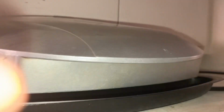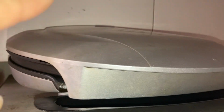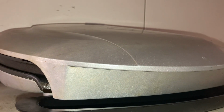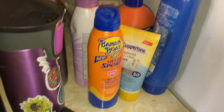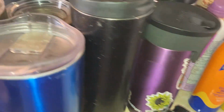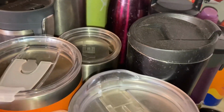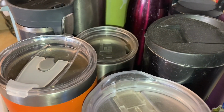Alright, everything else is down. I moved the Foreman grill over because I put insulated bags in the cupboard behind where there was another small ice chest already. Got all these cups to contend with. All these sunscreens. Not cups, but thermoses, insulated things, whatever. Need to finish cleaning this piece that they'll all sit into, so...